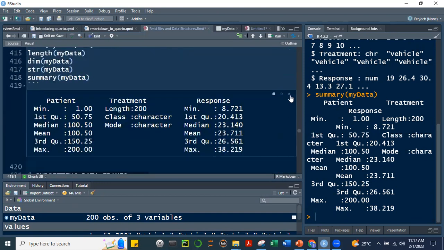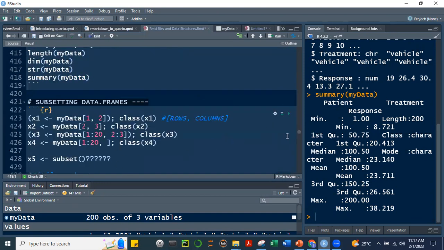Okay, so last time what we did was to learn how to subset. Here we're creating an object called x1, and then we are subsetting my data. The use of these brackets tells us that the first number here is the row position. The second number is the column position. 1, 2 means first row, and second column. So if we take a look at this,